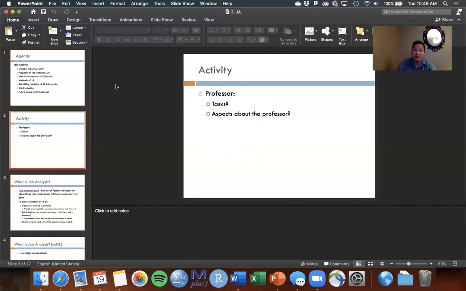Let's start off, there's 2 different ways to do job analyses. And we'll talk about these different ways later on, but broadly, you can do a task-based or knowledge, skills, abilities, and others-based approach. Another way to think about this is you can do a job analysis that is work-focused, what do they do, or worker-focused, what about them makes them good at their job.